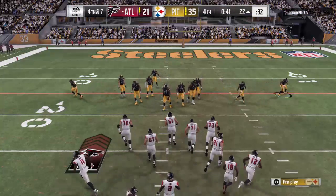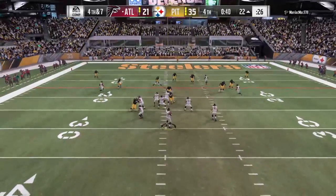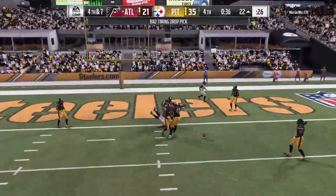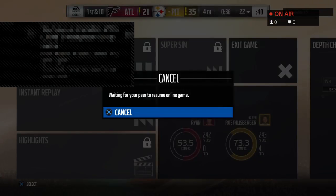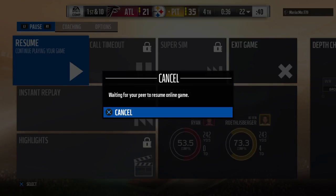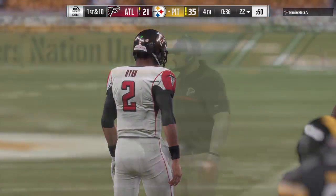All right, they're going to try and keep hope alive here on fourth down. They're going for it. And he motions the wide receiver. Now it's Ryan. And that is incomplete. They had to go for it with such little time remaining, and that's going to be just about all she wrote for this one. Now the Steelers offense gets ready to